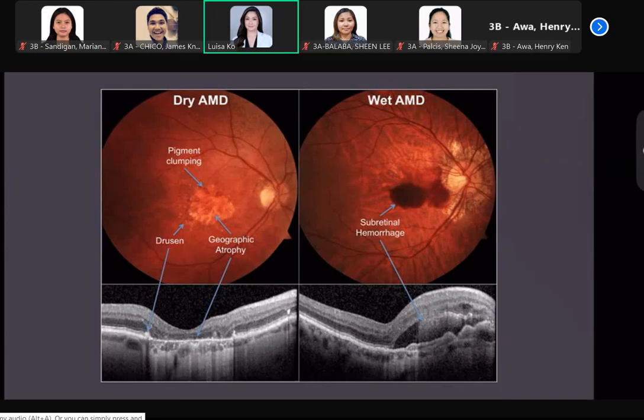And then you can save the vision of the baby if you only know how to manage and how to refer early. Okay, anyway, going back to AMD, how do we treat it? It depends if it's wet or if it's dry. For dry AMD, because there's nothing that we have to treat, this is the only time we actually give